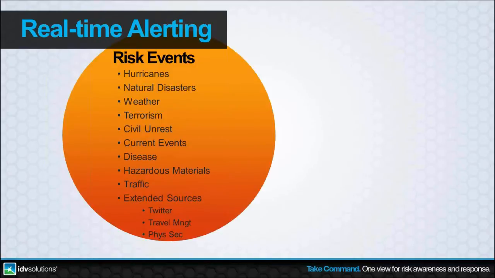The concept is fairly simple. We're working to develop a platform that enables visualization of types of risk that are outside the boundaries of what is typically inside those microsystems like access, intrusion, and PSIM. We're giving you a macro view to risk events that can be large in scale, somewhat catastrophic in scale, and you can be preemptively notified of things like weather, hurricanes, natural disasters, civil unrest, the whole list of bullets here, before they are